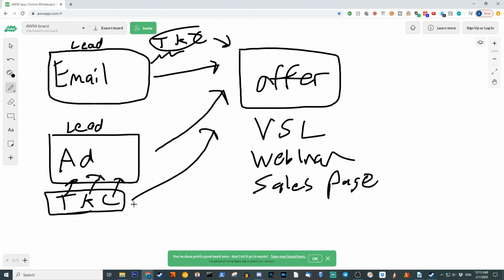You have 12 different leads. Technically, you only have 3 different leads, but you're displaying it 12 different ways. So now you have even more opportunities to mix and match with images. You can experiment with the design, and then it's all pointing to the same offer, which goes and converts people,